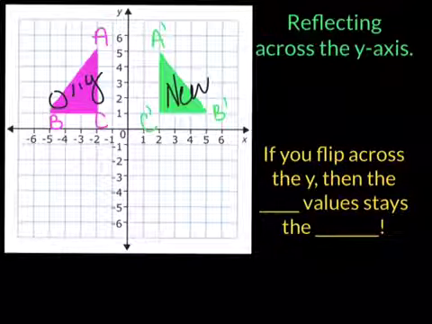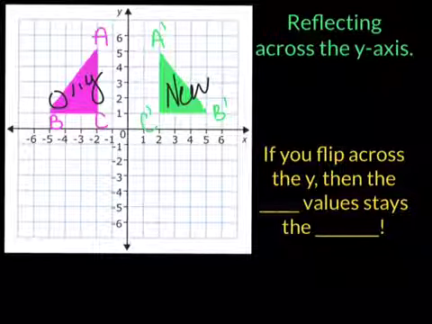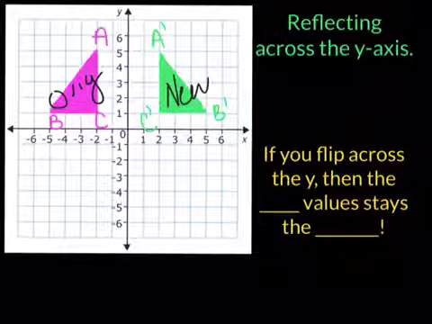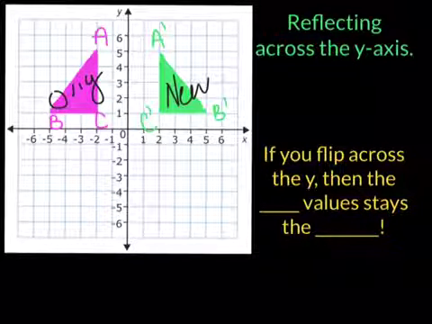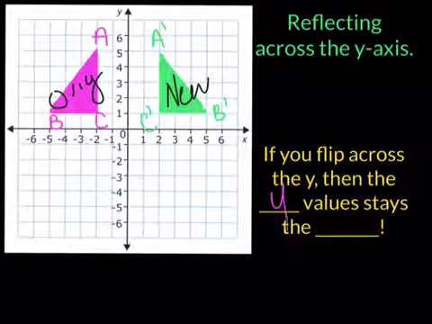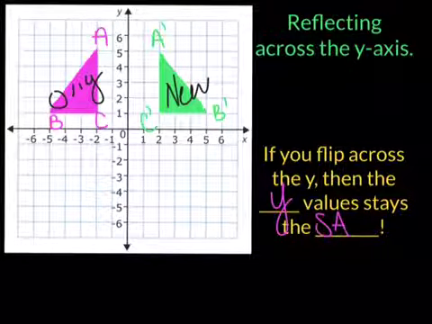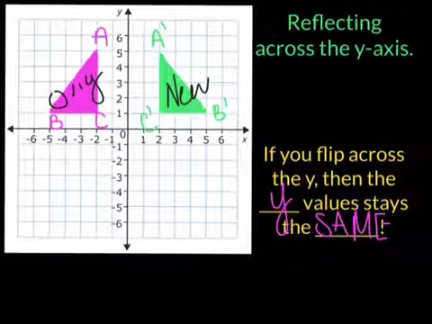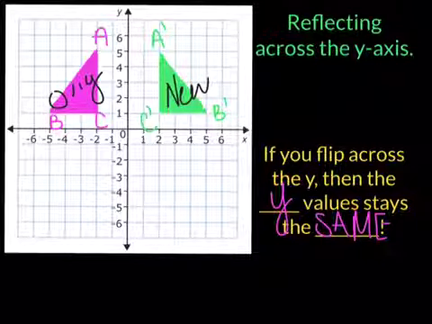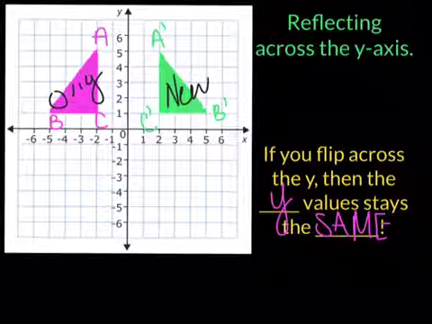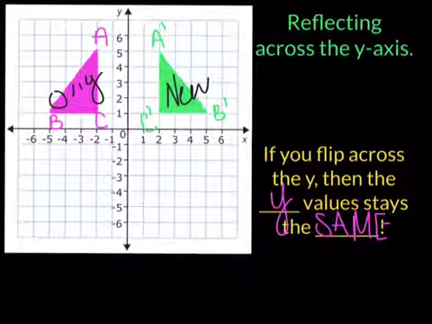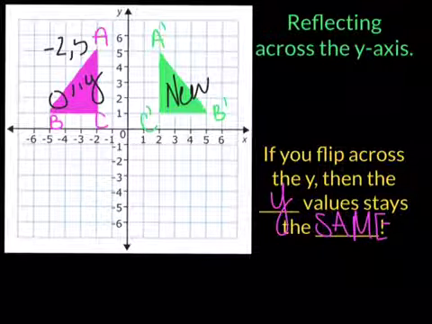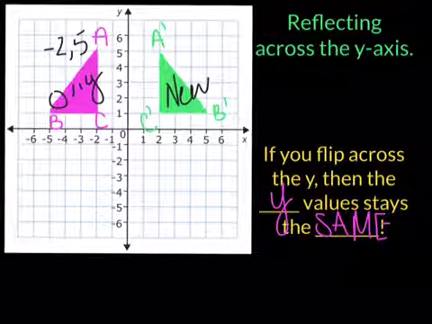So when we flip across, or when we reflect across the y-axis, the y values are going to stay the same. Okay, so in our lines, we're going to fill that in. So when you flip across the y, then the y values stay the same, okay? Let's look at that over here. Let's pick one. I don't care. Let's do A because it's kind of out of the way. So, my original A was at -2, 5. Okay. So, -2, 5. And then my new A